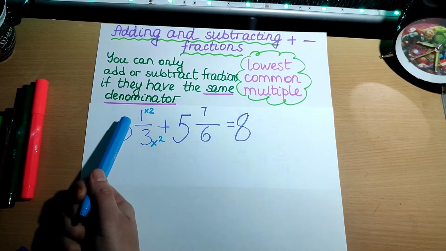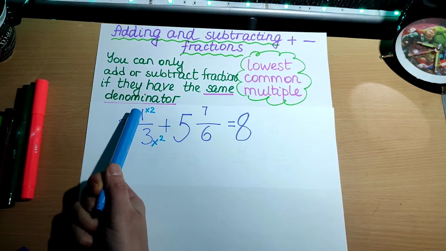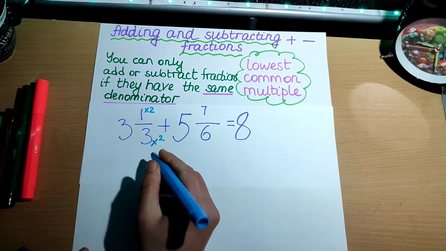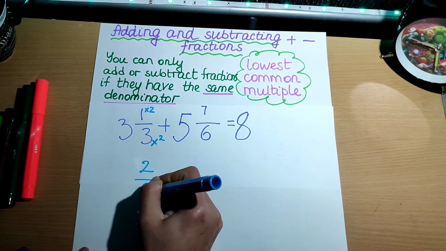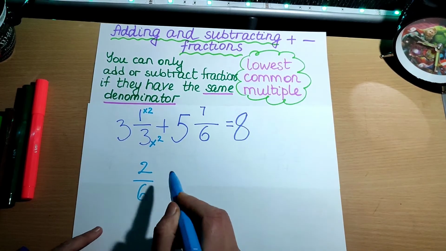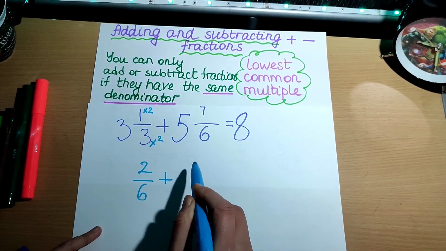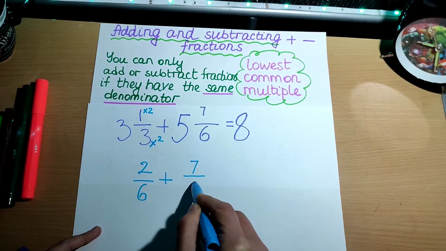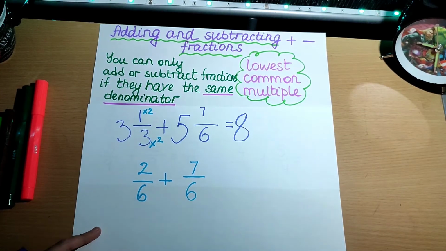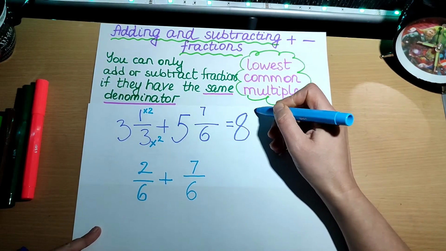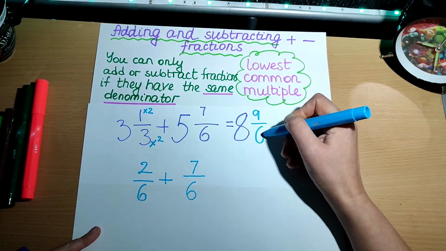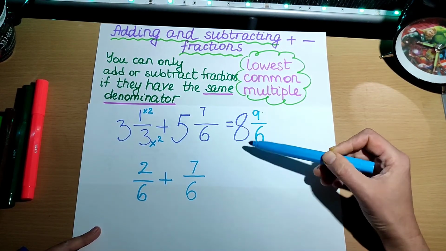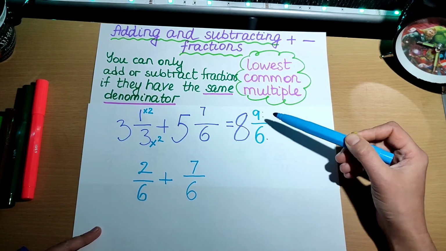Okay, so it's not 1/3 anymore, it's 2/6. So we have 2/6 there. And then we are adding 7/6. And we are going to get 9/6. So let's look at this number, 8 and 9/6. Well, 9/6 are more than a whole,